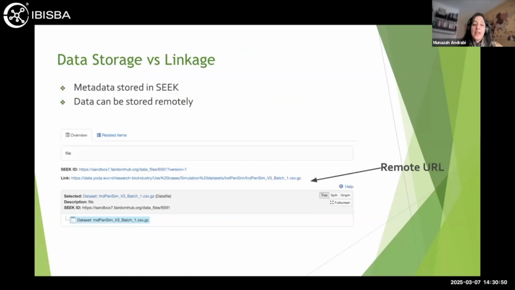So what I wanted to reiterate, and what I have not said from the beginning, is that IBISBA Knowledge Hub is not a storage, it's not a database, it's a registry. So we store the metadata on the IBISBA Knowledge Hub, but the data can be stored elsewhere. You can put the links to your data wherever it is. For example, there is a URL here, but only the metadata about the data that you have created will be